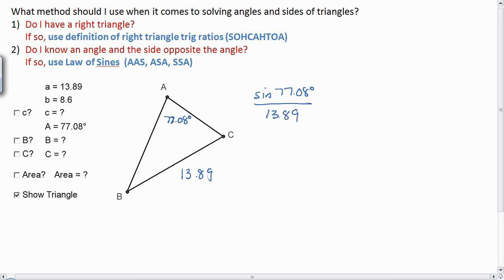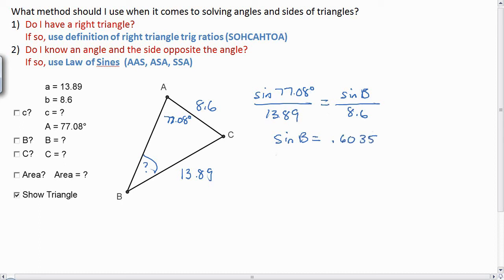If we come around to side B, which is 8.6, and we are trying to establish what angle B is, we can say that the sine of B is to 8.6. When we cross multiply and then divide by 13.89, we find the ratio works out to be